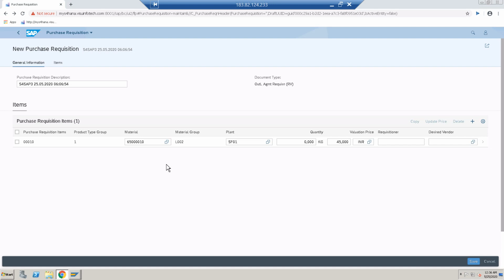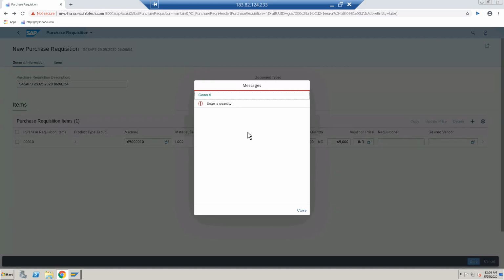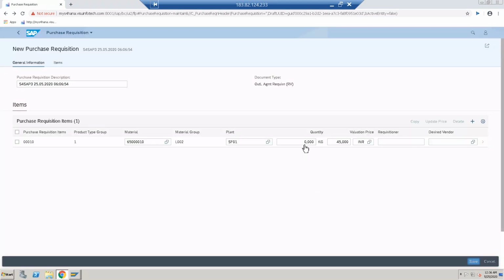Every plant has the same material number. Then go to save it. Enter the quantity, I forgot to enter the quantity. I want to request 1000 quantity. Just save it.